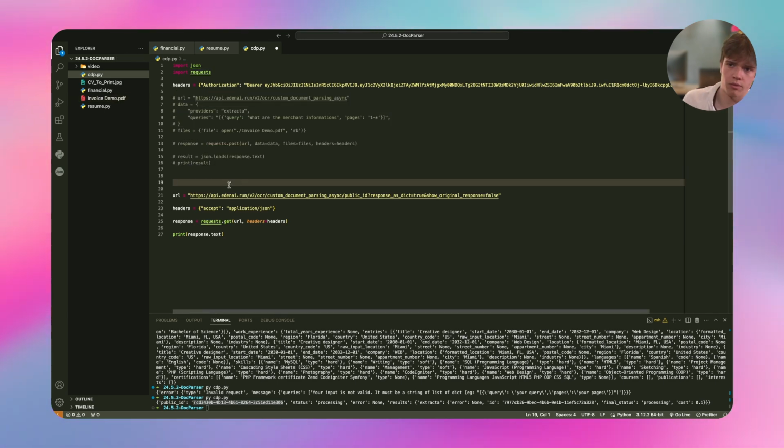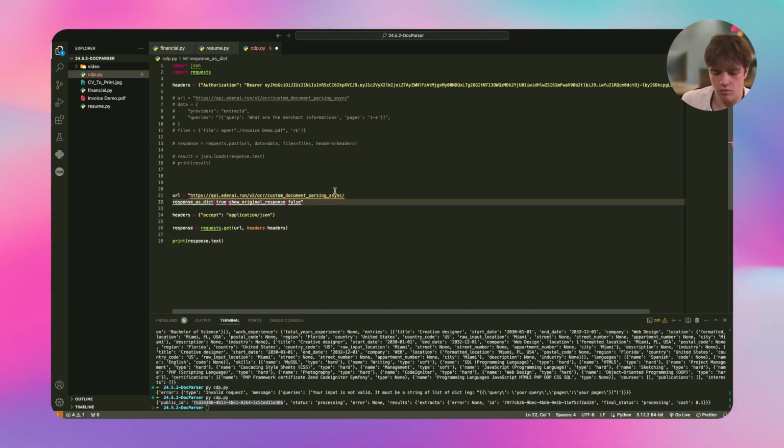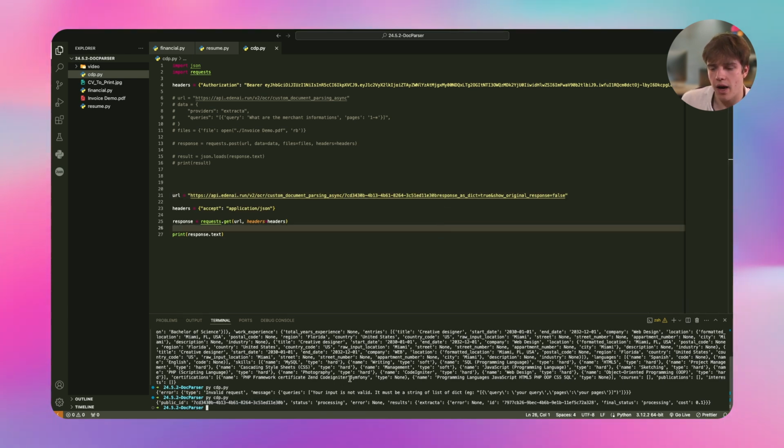Remove the import requests because we have already imported it. So I will change my public ID to the previous value. I didn't copy it. Perfect. I will copy it now, replace it here, and make it work. Response. Perfect. And now if I launch my file again,